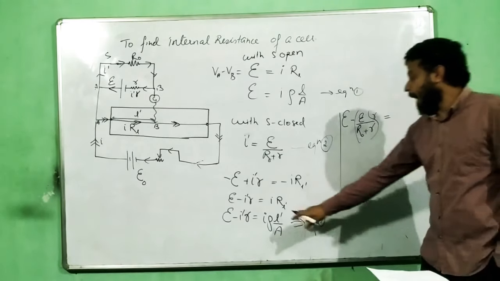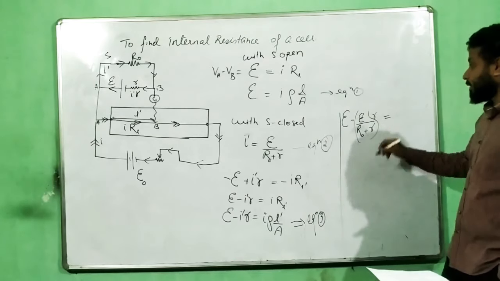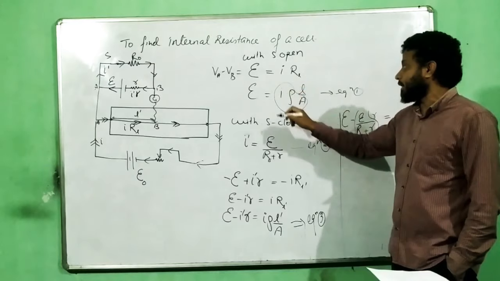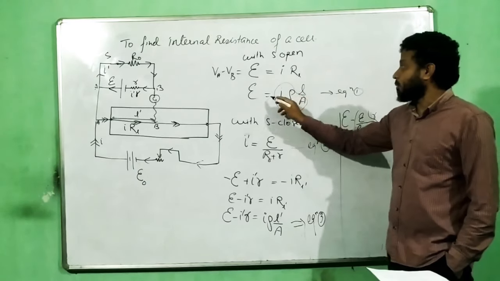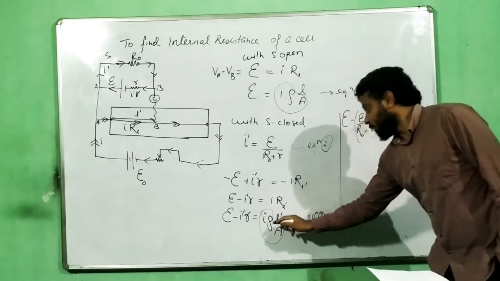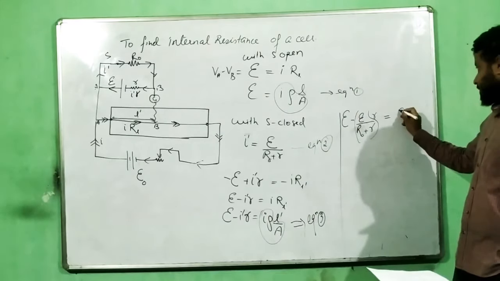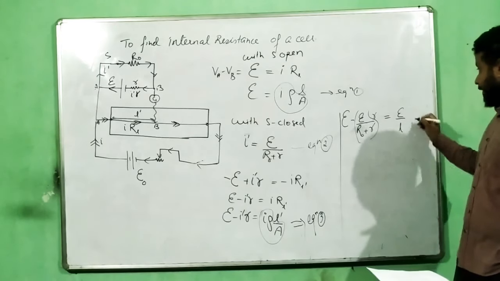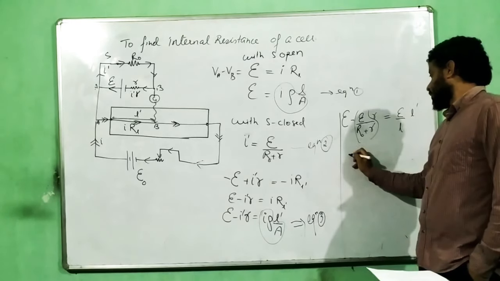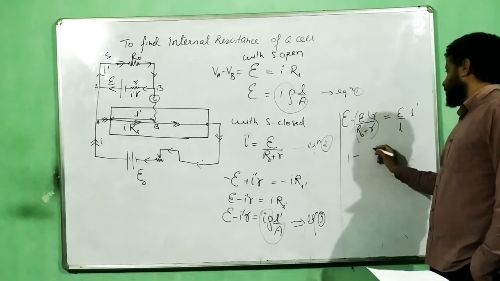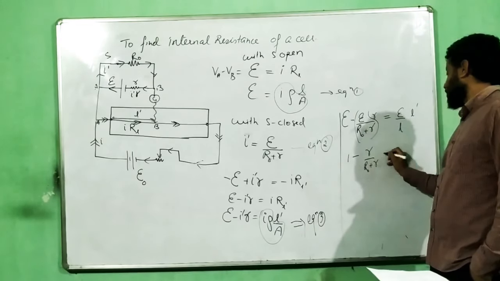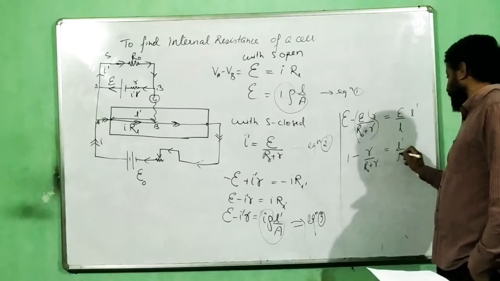Equals I times R. So what is I? Okay, we can put the entire value. Can you see I rho by A here? What is I rho by A? I rho by A is E by L. And can you see I rho by A over here? So I can put the value of I rho by A as EMF by L, multiplied by L dash. Now I can take EMF common, so EMF will get cancelled out. So this will become I1 R naught plus R is equal to L dash by L.